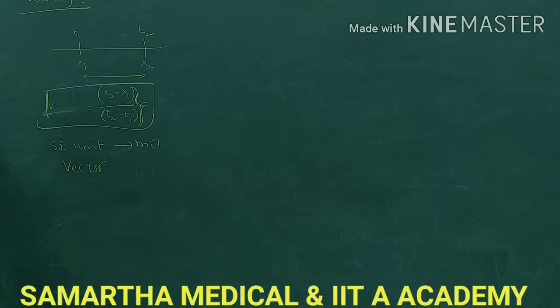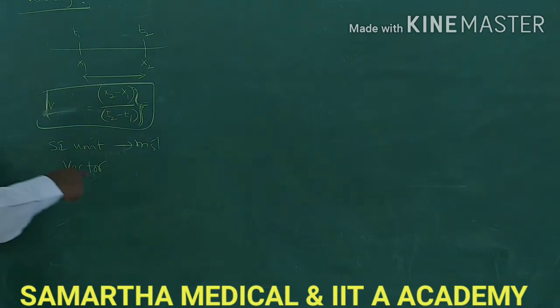If it has both magnitude and direction, even though it is not satisfying vector laws of addition, can we say that it is a vector? No. Can you give an example which has both magnitude and direction but does not obey vector laws of addition, so it is not a vector quantity? Electric current. So electric current is an example of such a physical quantity. That's why it is not a vector quantity. We will discuss all that in the vector topic.